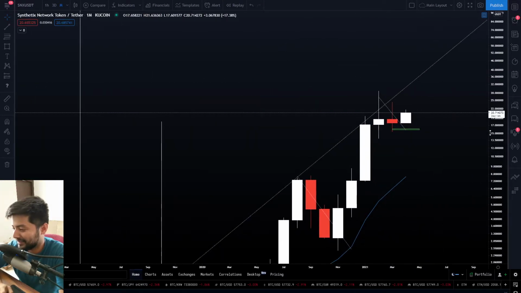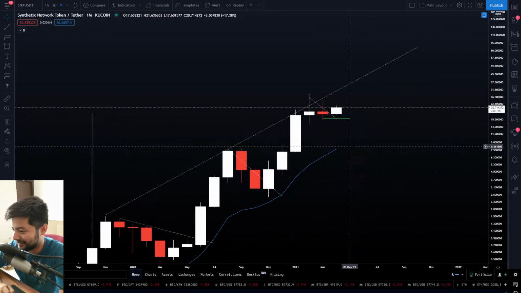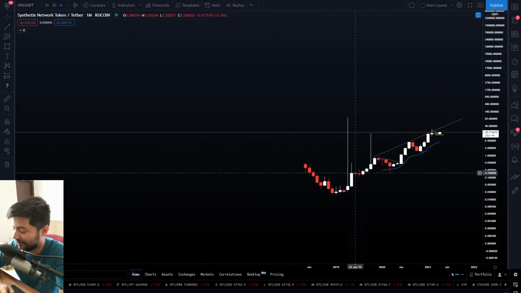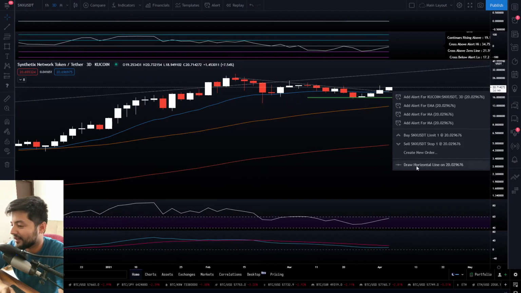Now monthly closes in the next 26 days. If you close anything like this, even heading sideways in this range, guys, this is a macro bull flag, to be honest with you. Your upside targets are crazy on synthetics. Crazy piece of price action. Why am I inverting it again and again? I don't know. Alright, 3-day is looking nice.